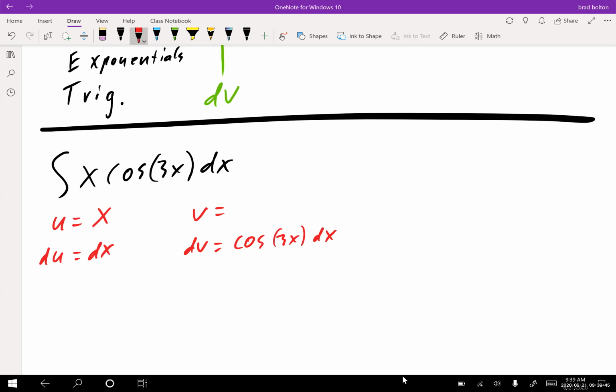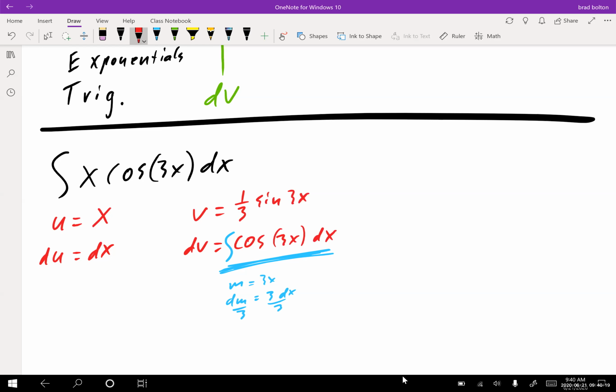So the only thing we're missing is v, so you have to do a little bit of work. Let's integrate this. If I integrate this problem right here, I should get a little u sub on that. My u would be 3x, and my du would be 3 dx. Now remember, maybe I shouldn't even use u, maybe I should use m. So m would equal 3x, so dm would equal 3 dx, right? Divide both sides by 3. So we're going to end up with a 1/3 sine